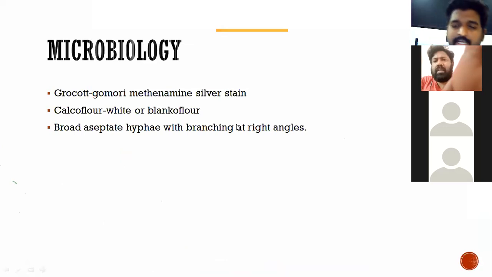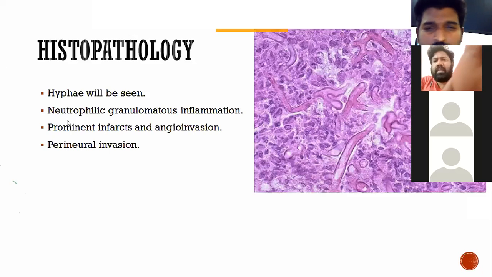What's the difference between Aspergillus and mucor? This is a simple difference. Aspergillus is a thin, slender fungus which branches at acute angles, whereas mucor is a broad fungus, aseptate most of the time, and branches at right angles. So what is the histopathological finding? You see that classically the fungus is broad. You could not see any septa in that, and you could see the branches arise exactly at right angles. And one more typical thing is they have short bud-like structures.